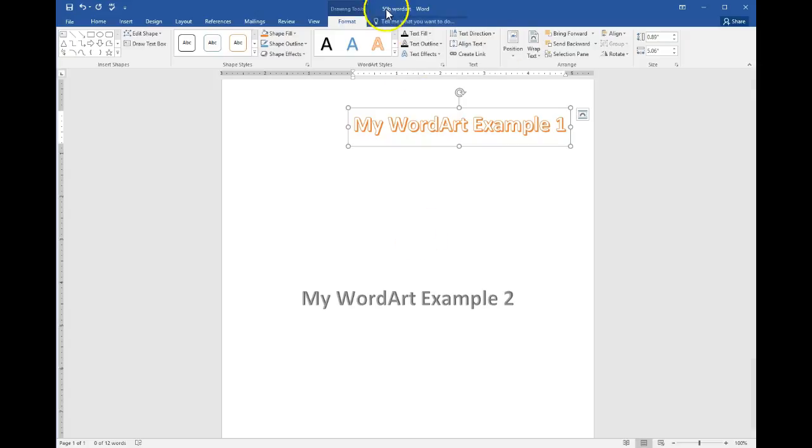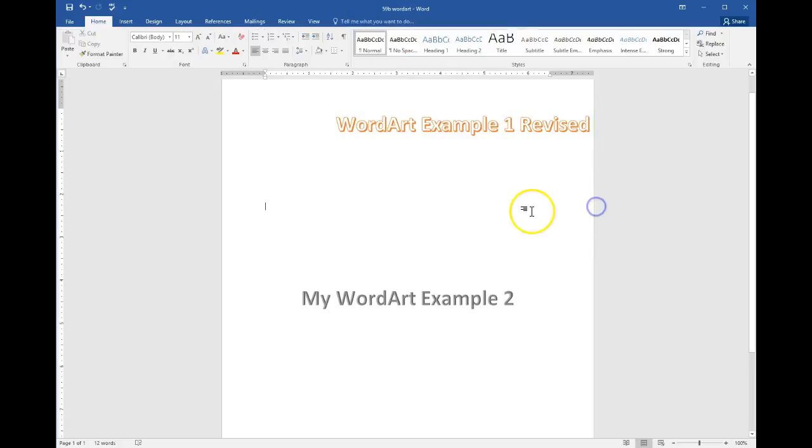So we need to make sure we have this document open, 59B word art, and we're going to select word art example 1. And we're going to delete my from the text and then key revised at the end of the text. So I'm going to delete my, and at the end I'm going to add the word revised. Okay, I might want to move it slightly so I know that my text is all visible. Then it says